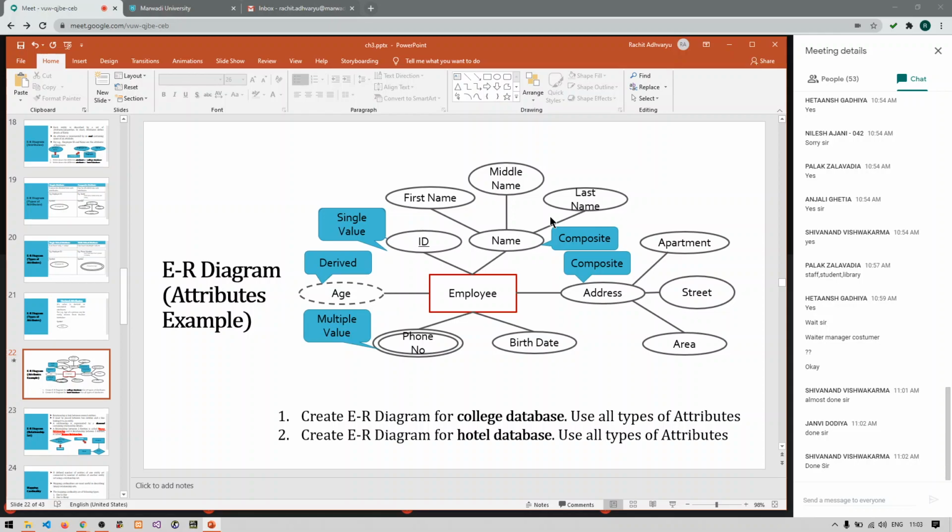Then you can have issue date and return date, and you can also have a column called penalty, and penalty can be directly derived from the return date, that if the return date is exhausted, then you can have a penalty. So this is what we have covered in a college database. All the types of attributes we have covered in our college database. Similarly, in hotel also you can create such type of diagram.